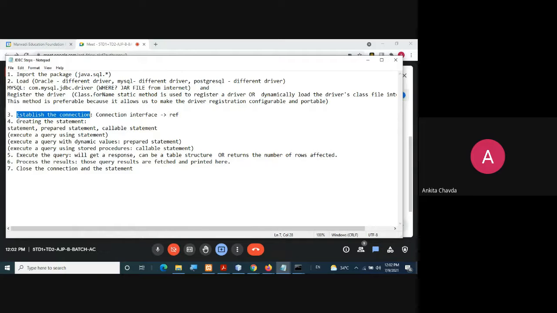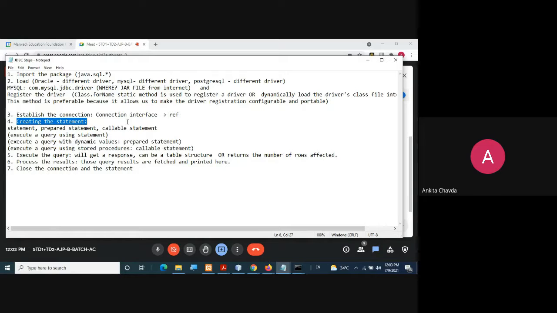Then you are creating the statement. Statement is required for what? Because you are connected with MySQL via NetBeans, the statement is just a bridge between them. Suppose you are firing a query like create something, it will take your data via this statement. If you are firing a query like insert into this and this, whatever the result set is passing from here to there, it's just a bridge between them.